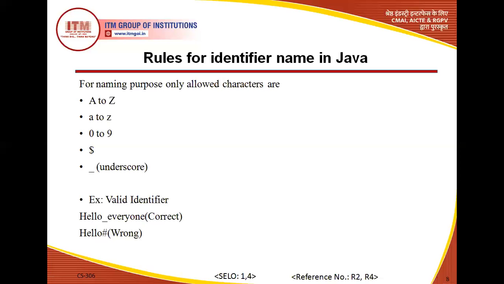So what we conclude here is that the name of your identifier, maybe your class name, your method name, anything, may start with capital A to capital Z or small a to small z, and it may also contain 0 to 9, and dollar or underscore. It may be a combination of all these, or it may use only some of them. This is the first rule for identifiers.